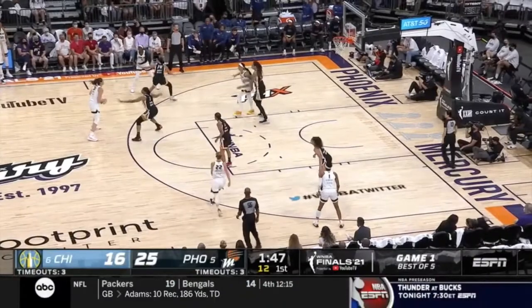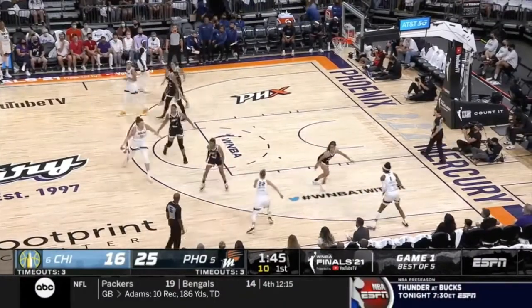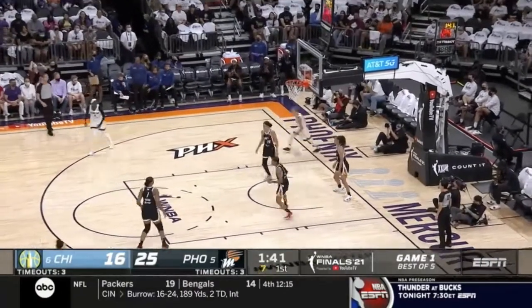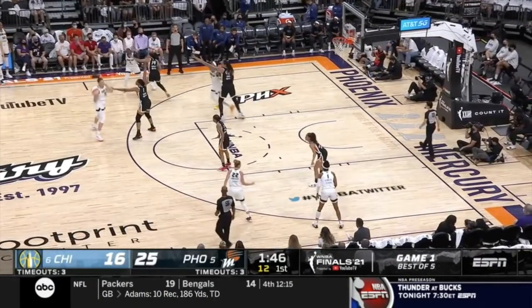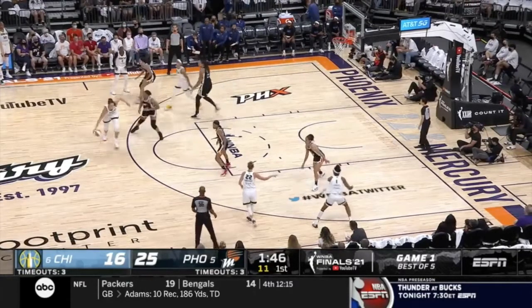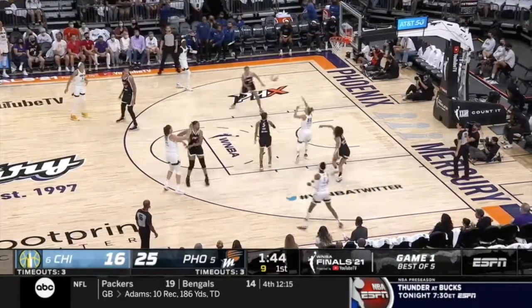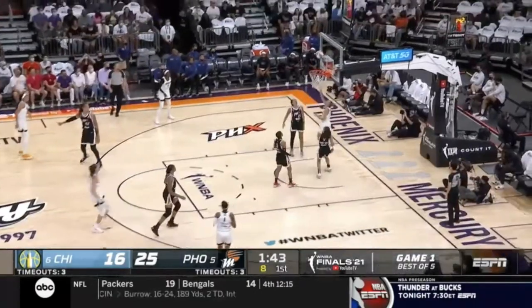In this clip, it's the same deal where that help defender is just out of position enough, just ball watching enough that we can get that backdoor cut. So again, as Dolson dribbles over, we're watching this defender and her positioning. And in this case, as it is with a lot of scripted offenses, they do this backdoor cut anyway. So sometimes it is just part of the offense to get some movement and spacing. But in this particular instance, we can see why that backdoor was actually open and turned into the option for